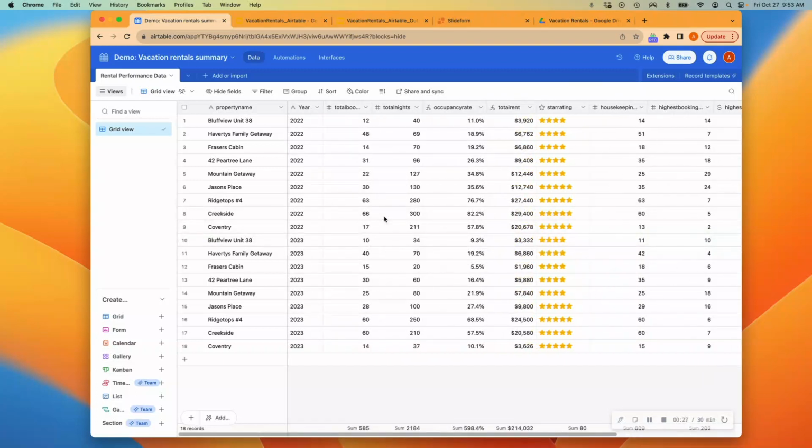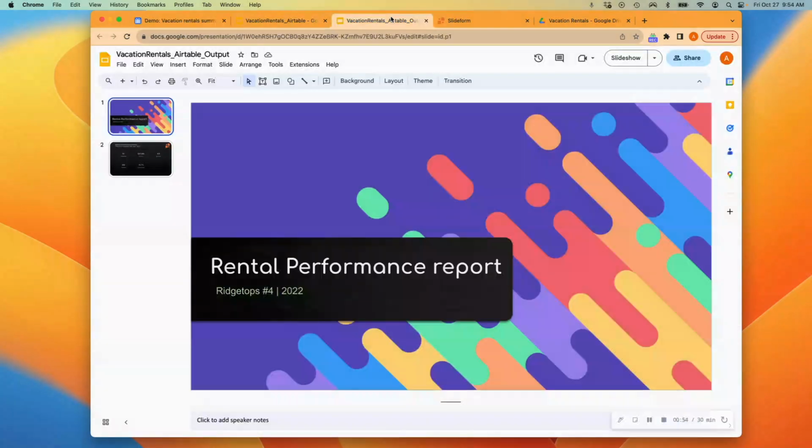So for this example, I have data in Airtable, a simple table that shows you all of the properties that I'm managing and the amount of rental income that they've generated. This example would be great for a property management company or anyone that has financial or performance data in Airtable. So here's the Airtable data that I am using, and I want to get it into a slide deck that